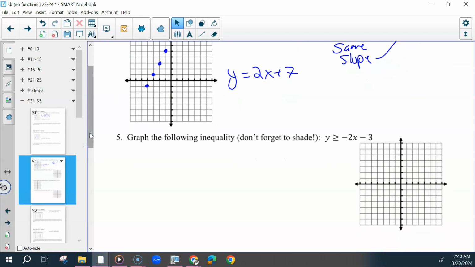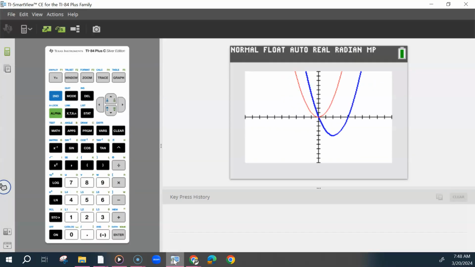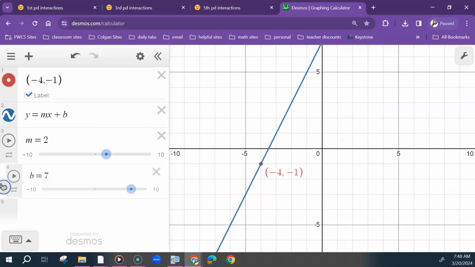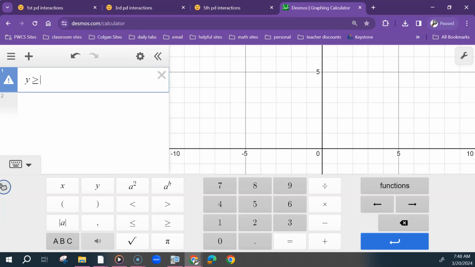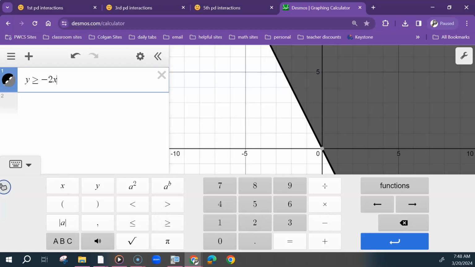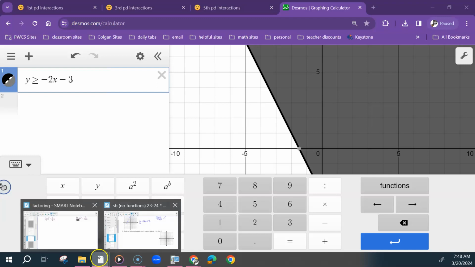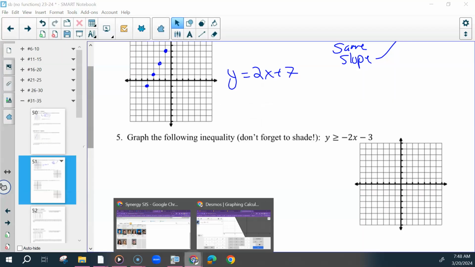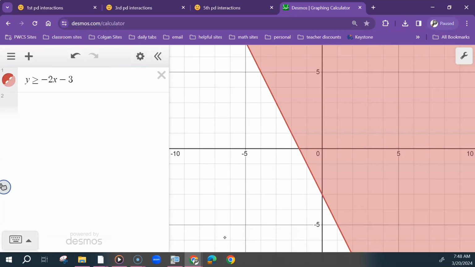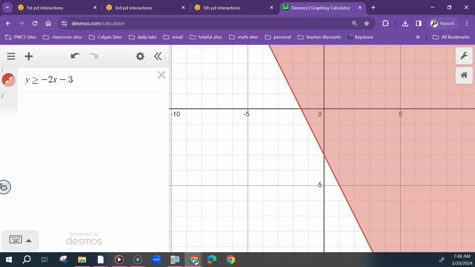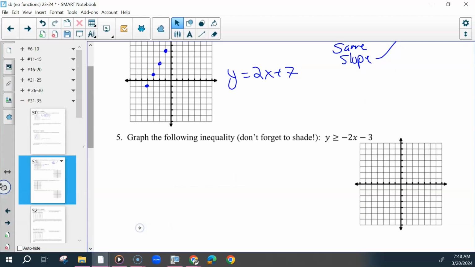5, I'll put it into Desmos first. You could graph this using Desmos, negative 2x minus 3. So this should start at the y-intercept of negative 3, have a slope of negative 2, be a solid line shaded above. So on the graph, this would look like